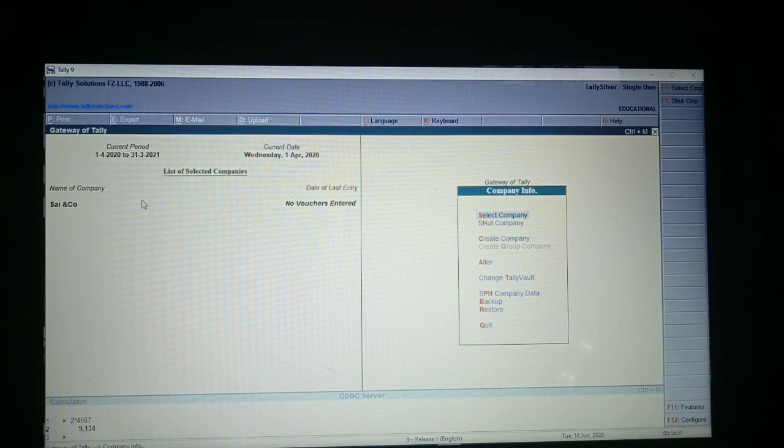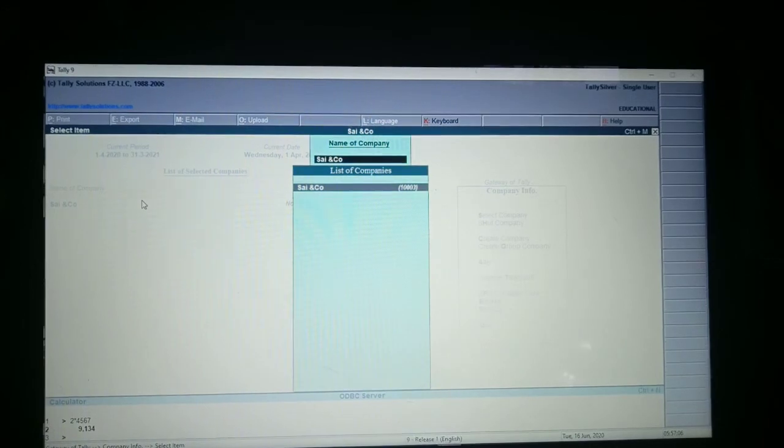You want to make any changes? At the time of creating company, you made some mistake like wrong pin code or wrong email ID or wrong address. Go to alter and make necessary changes if you want to make. Using alter.